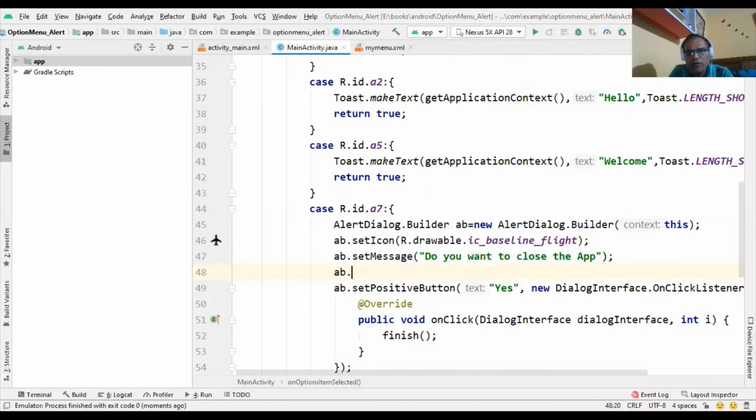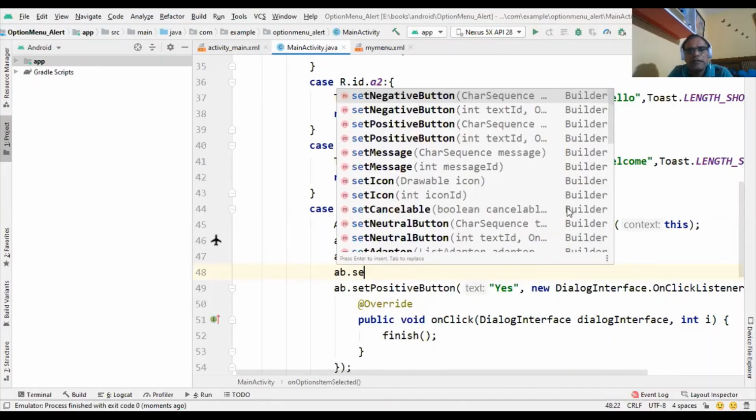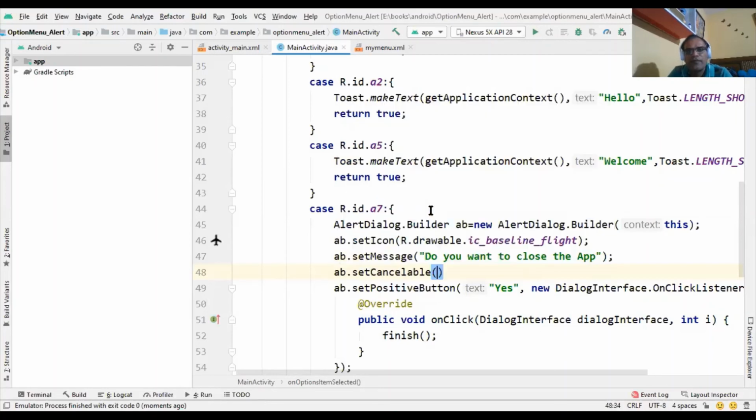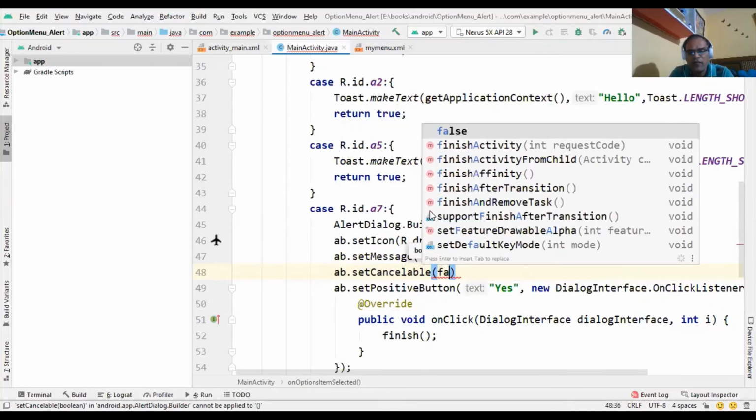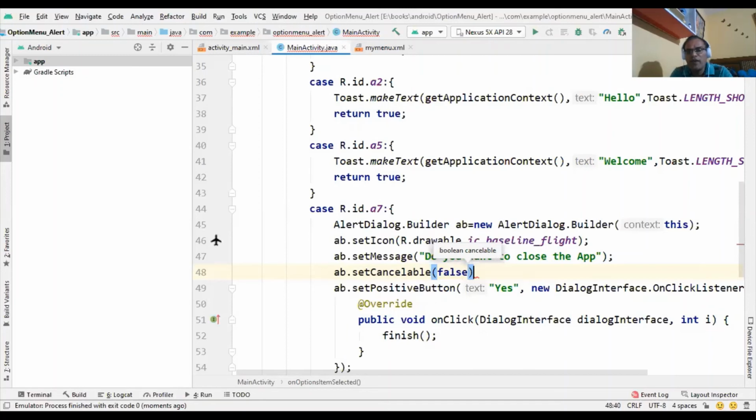So now here, get the alert dialog, this is the code. Here we use one more method, ab.setCancelable. By default this is true, but we write false here. So now we have to click the yes or no button. In that case, we can't leave this dialog box.